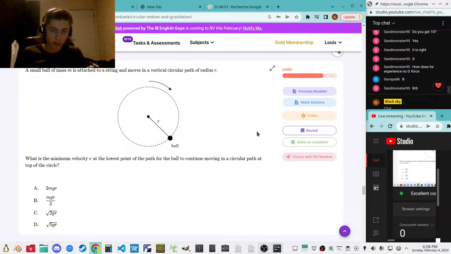So at the bottom of the path, the velocity, so a, wait, what is the minimum velocity at the lowest point for the ball to continue moving in the, so acceleration,